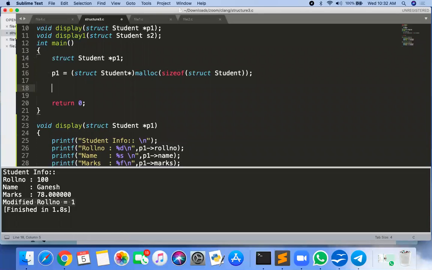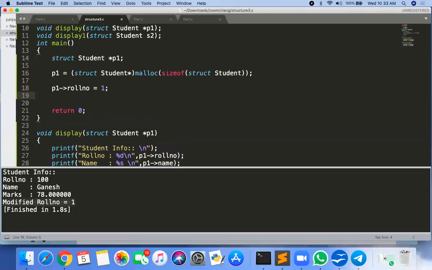Now I want to store some value inside it. The object is present in heap memory, but you have the pointer P1 present in your stack memory. So using the pointer P1, how do you access that object? Use the arrow operator. Very simple. P1 arrow roll number is equal to 1.